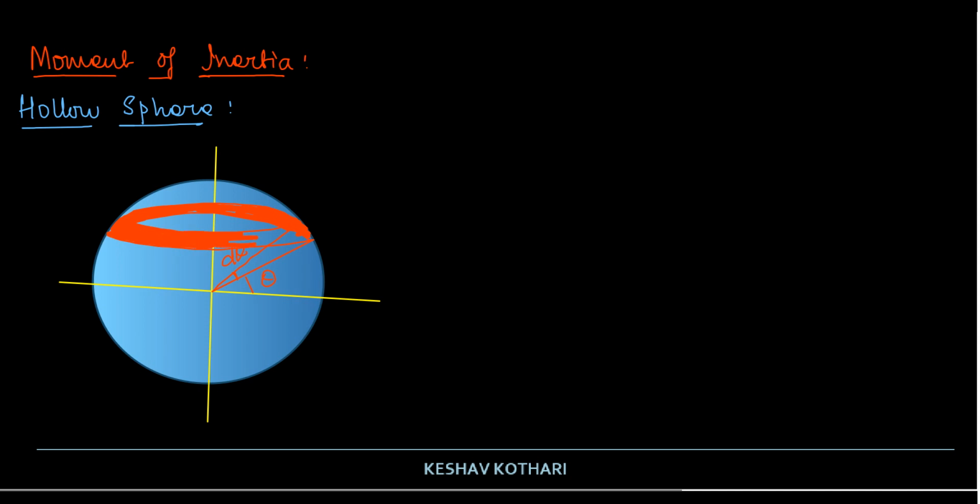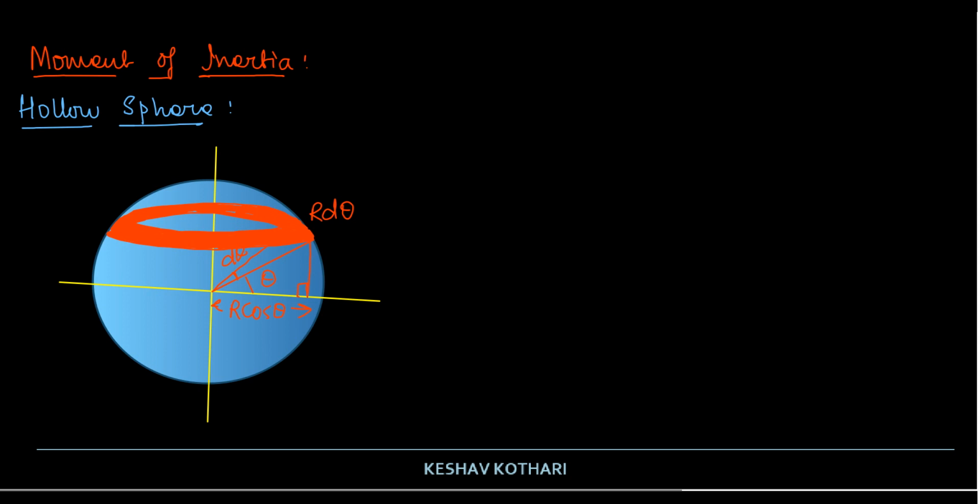I'm explaining it. The thickness is r d theta, and the radius is going to be r cos theta. That is, if I break the component of r, then it is going to be r cos theta. So this ring is going to have moment of inertia of mr square. Now the point of interest over here is we have to calculate the mass of this elemental ring.